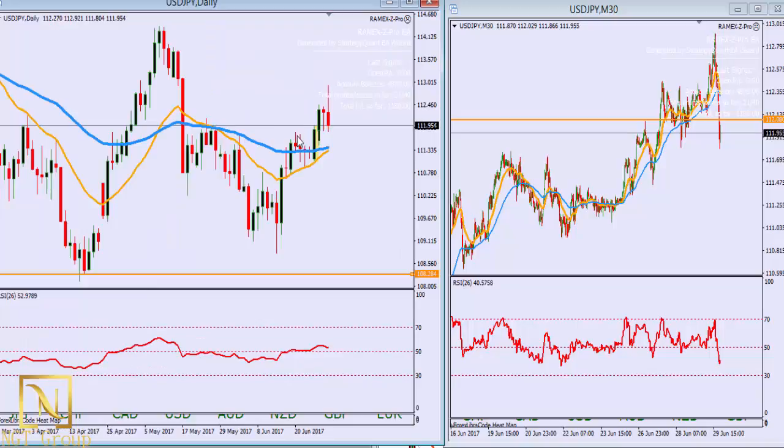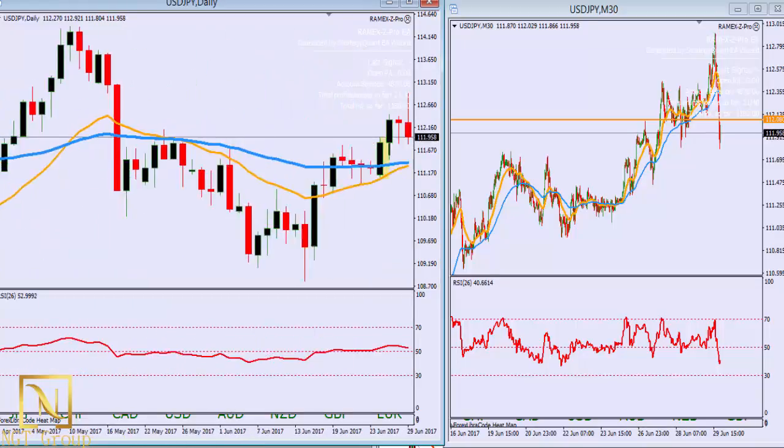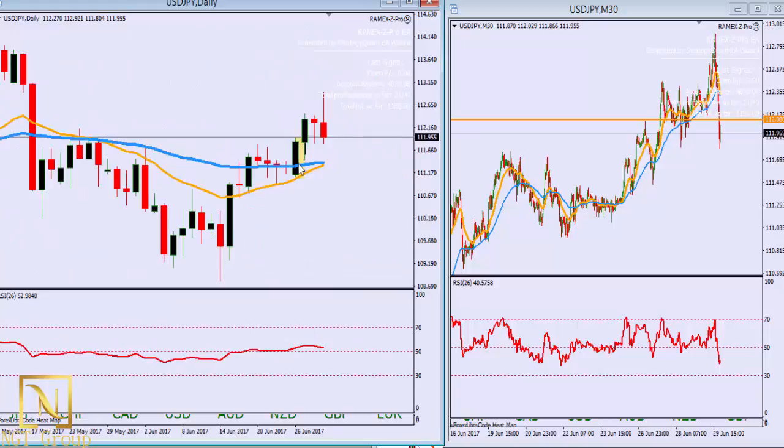We have a pullback here. After this pullback here, then we conclude that the pullback was over based on the fact that we get this huge engulfing bar. So after we get this bar, we don't want to be buying right away. We want to make a trade plan around this bar. So what we expect is to see a pullback down to about the 50% retracement, and then what we ideally